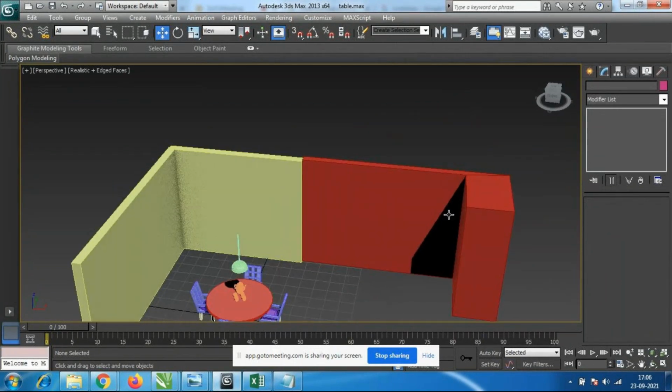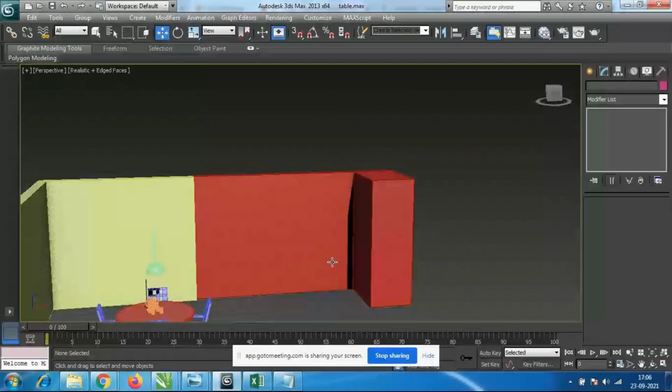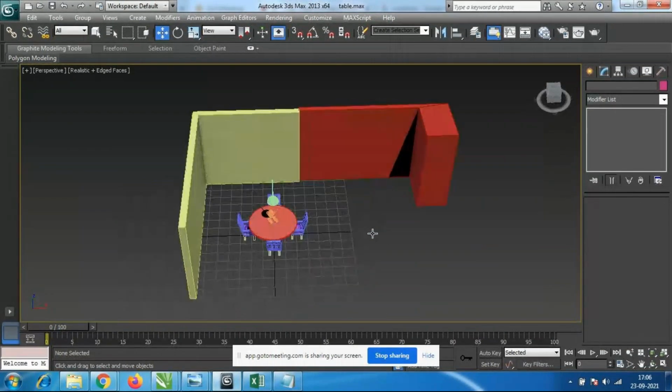Next, in the future class, you have to do it according to the plan. According to the AutoCAD plan, we have to make the designs. Whoever did not do the plans in the AutoCAD class, they have to get the plan ready. Then according to the plan we have to create it. So in the 3ds Max class, you have to work with AutoCAD also, and with 3ds Max too.